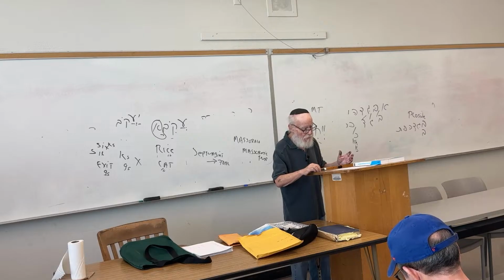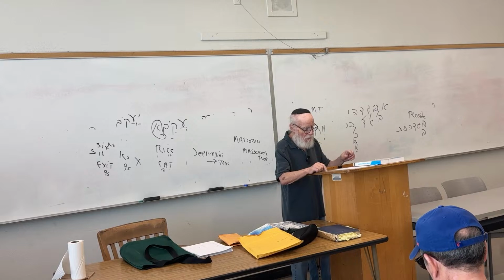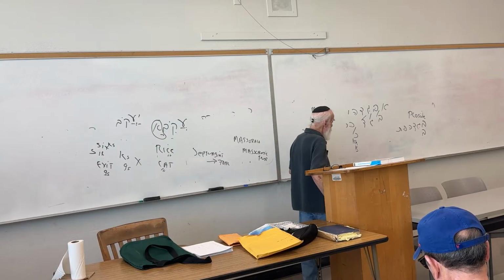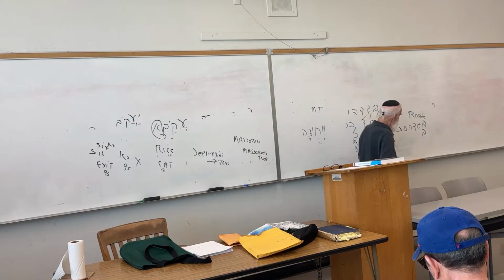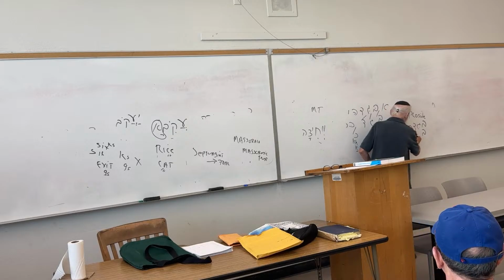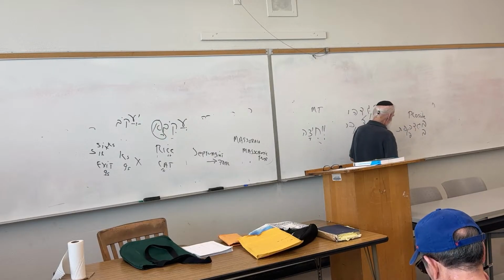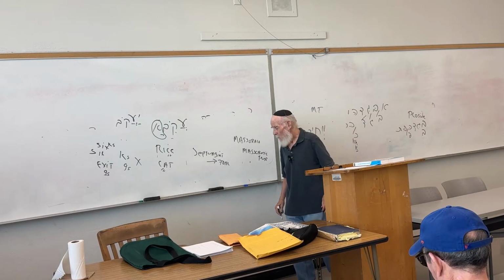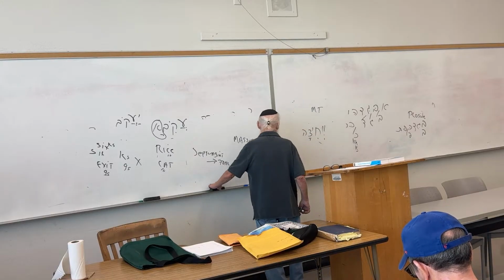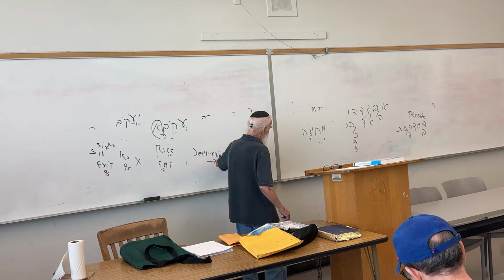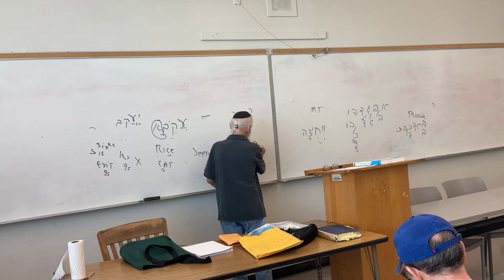All right, the next letter is the Pei letter. Notice she has the word Pe, P-E, and she has the word Fe, F-E. The Pei and the Fe are one of the 6 Begadkefat letters. We so far have seen the Bet, the Gimel, the Dalet, the Kaf, and now the Pei is written with a dot in it, or the Pei can be written without the dot, and if so, it's called a Fe. The Pei letter is bilabial, the Fe letter is labial-dental. And that Pei letter sounds like the Hebrew word for peh. Peh. The word for mouth in Hebrew is peh.